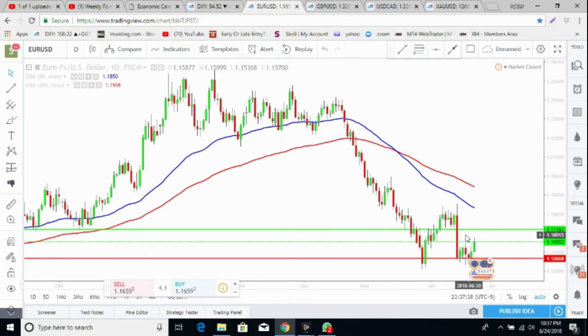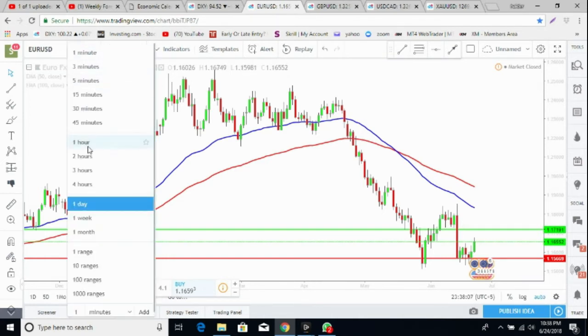Let's see how Euro USD looks, and Euro USD is looking very nice for the last whole week. It just managed its support level, and at the moment it's looking very good. Tomorrow I'm looking at 1.1719 and above. It looks quite possible that it can reach this level, even higher. In the other case, if it drops again, then it's going to 1.1566 and below.